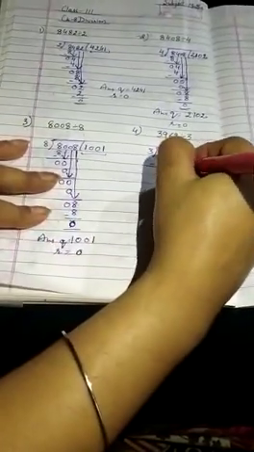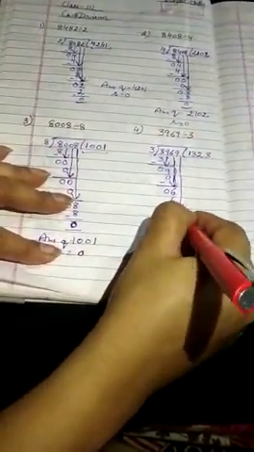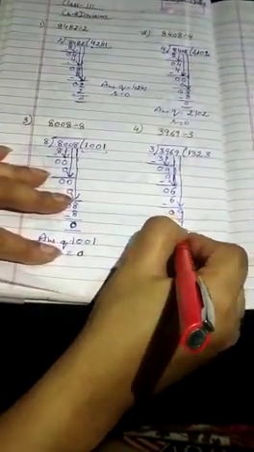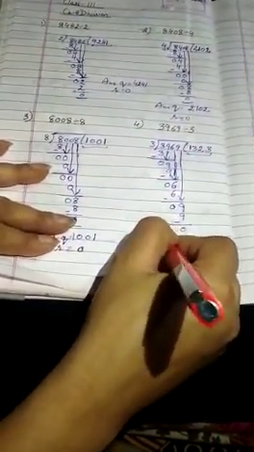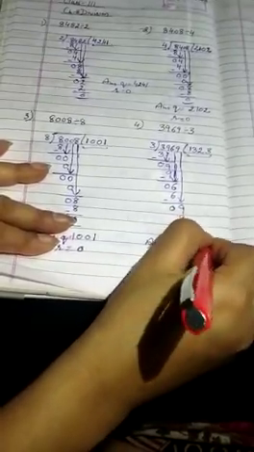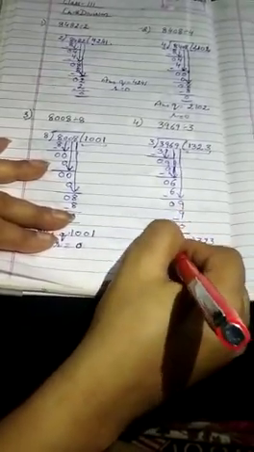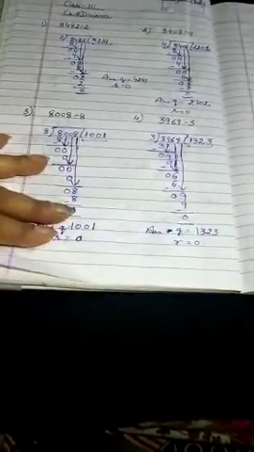Okay. Now put down the next digit, which is equal to 9. So 3 ones are 3. 3 twos are 6. 3 threes are 9. Okay. Now 9 minus 9, which is equal to 0. So students, what is quotient here? That is 1323. And what is remainder here? Which is equal to 0.